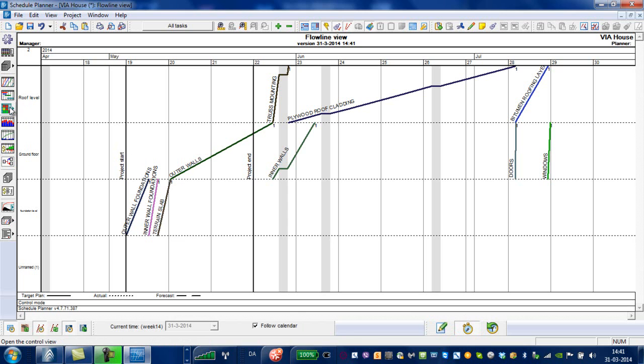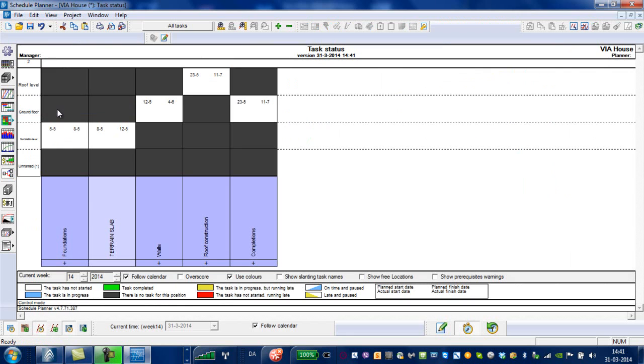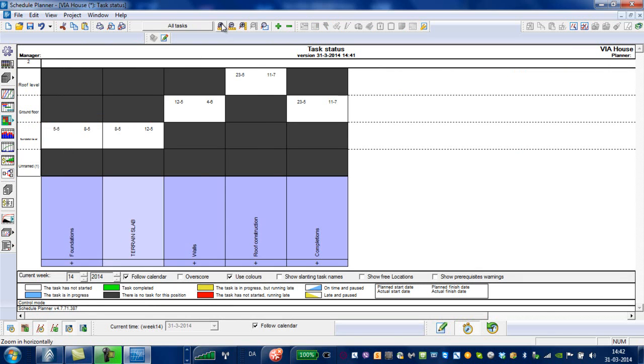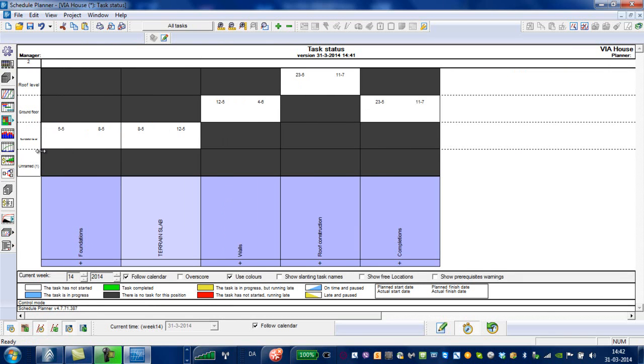And then we can go in and do the usual stuff with the schedule task control chart. Click on there. And this will also have the same layout as before. In other words, we have the levels out here. We have the foundation level here, the ground floor, the roof level, etc. If I just zoom a little bit more in on it, you can see it a little more clearly. And out here we have the activities. So we can see that here in foundations there's an activity there, and there's also an activity here, and that's respectively foundations and